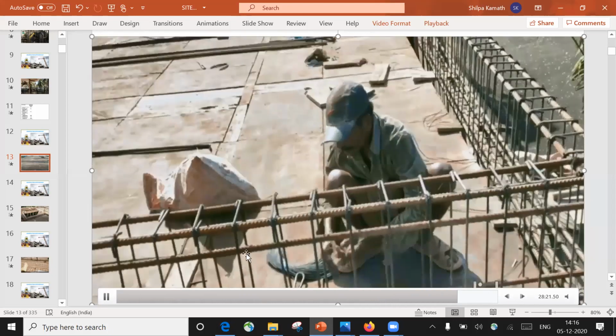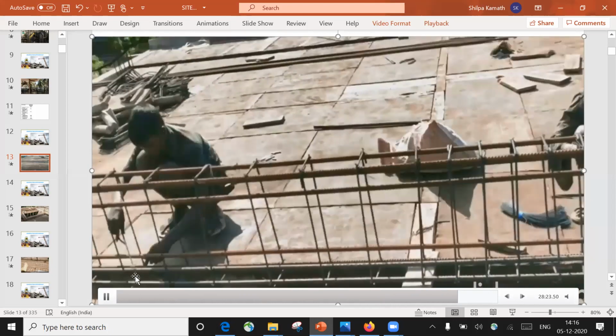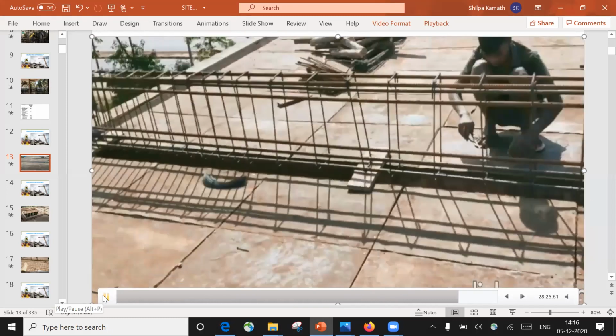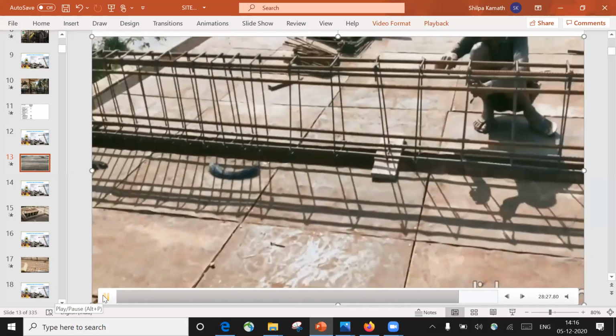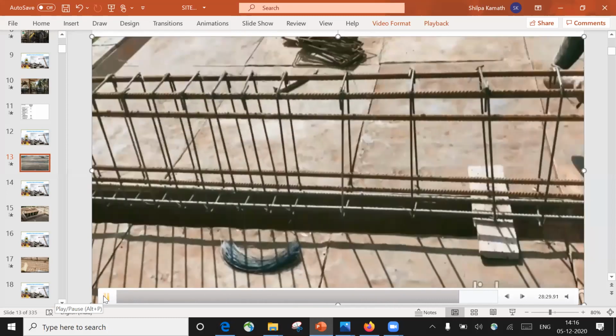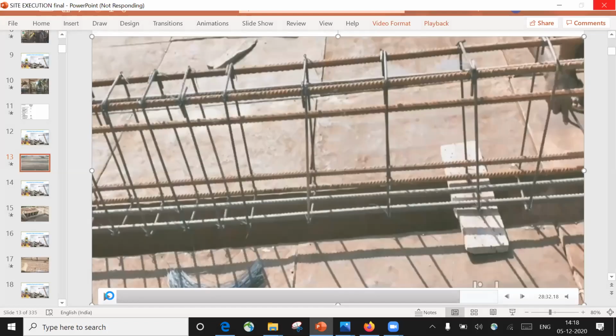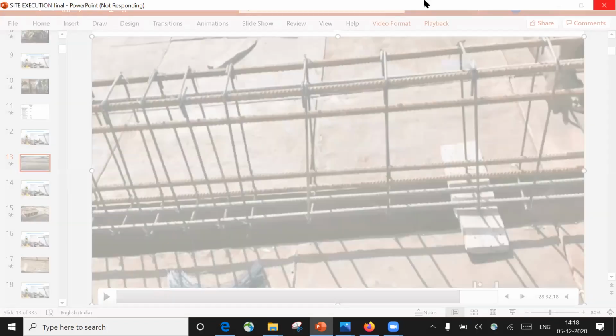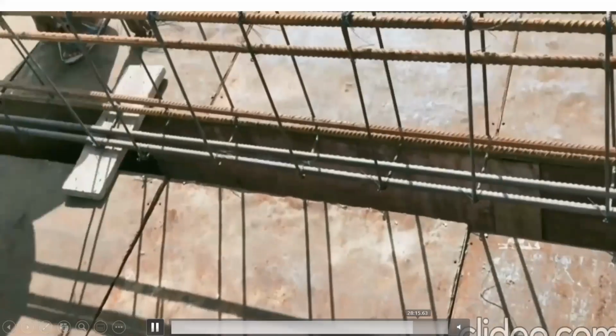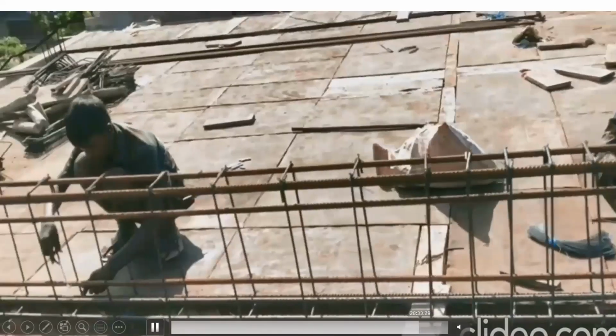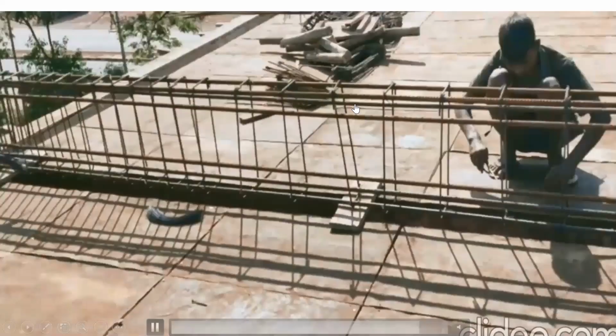So this is what we saw. Once all things are done, this is how my entire beam is going to look.